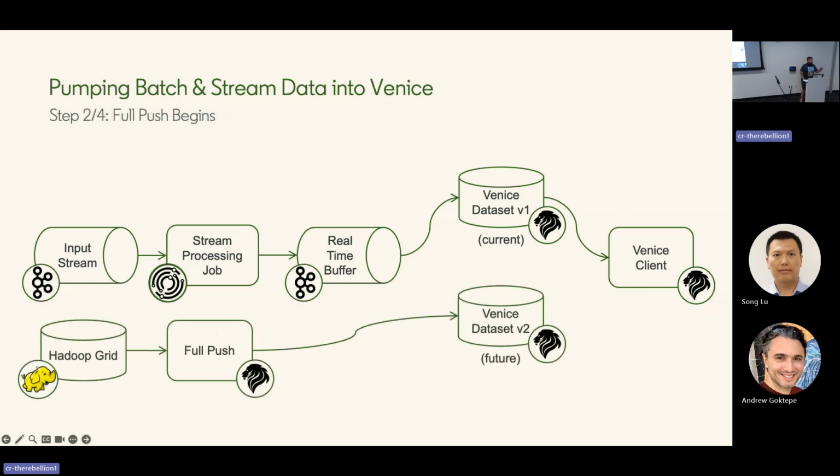So now this slide shows what happens when a push begins, a new push from some offline data source. This is something that can run daily or on some schedule as defined by the user. This creates a future version. A future version is loaded in parallel, separate from the current version. This allows us to ingest it at high speed as we don't have to worry about locking rows from normal